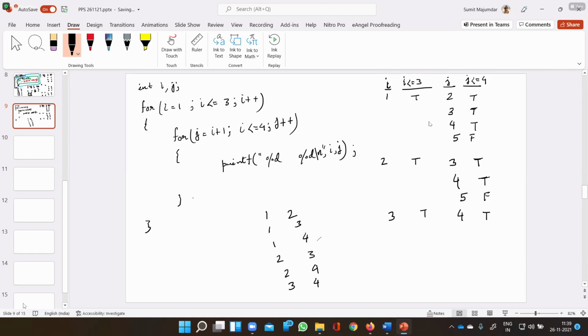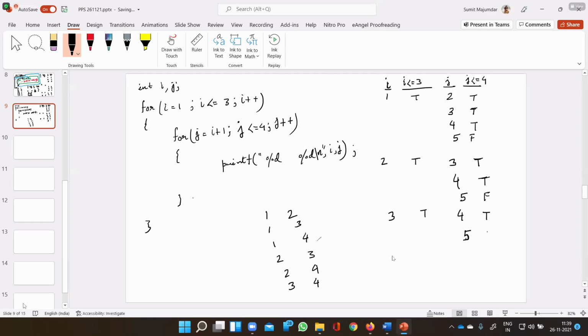Yes sir, and now j is increased by one, so j is equal to 5, and it will print 3 5. No, wait sir, j is less than 4. So in the condition of the j loop, is it j or i? It will be j. Yeah, it will be j.